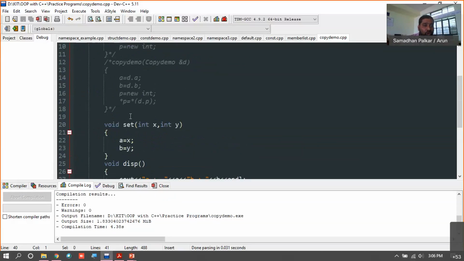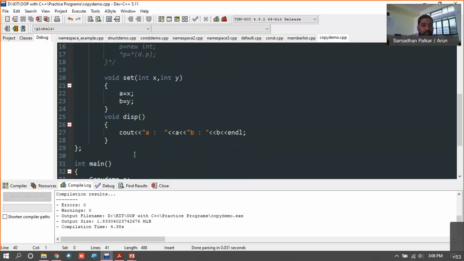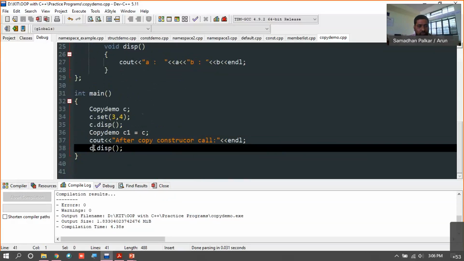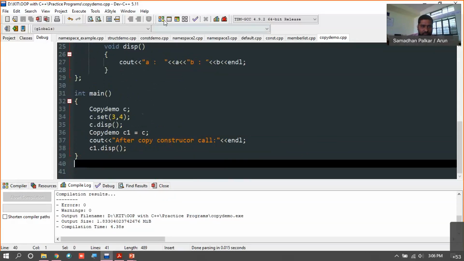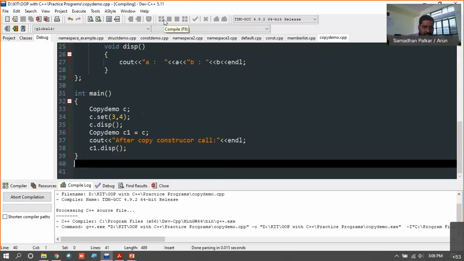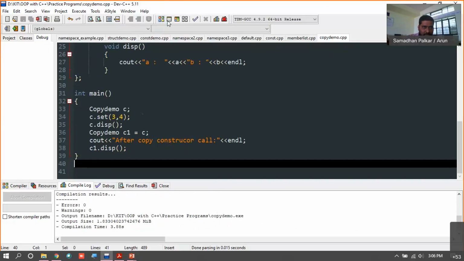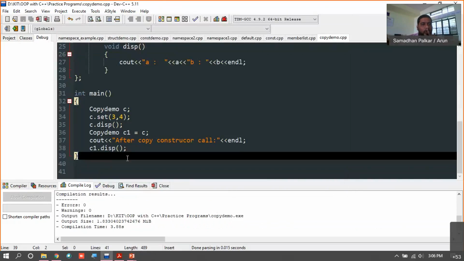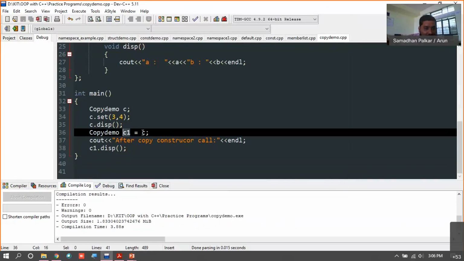So if we are not providing any type of constructor, still it is using the value of C1. Even though we don't set it, we just assign the object to this, whatever value is inside this, that is 3 and 4.